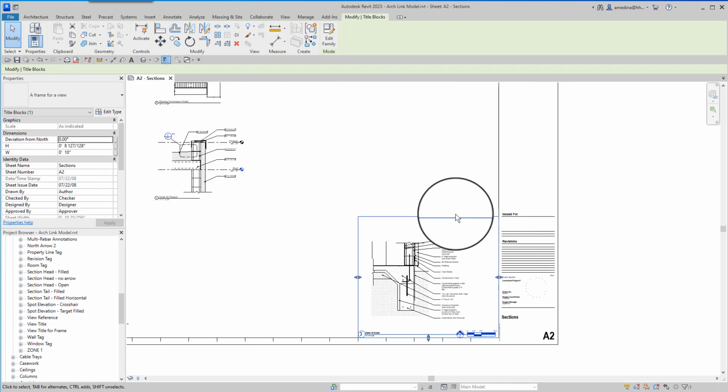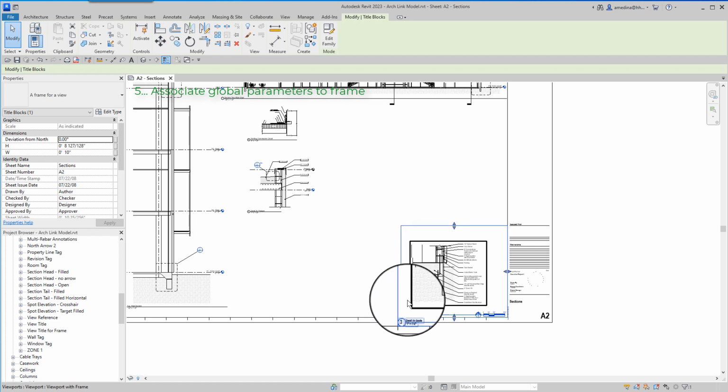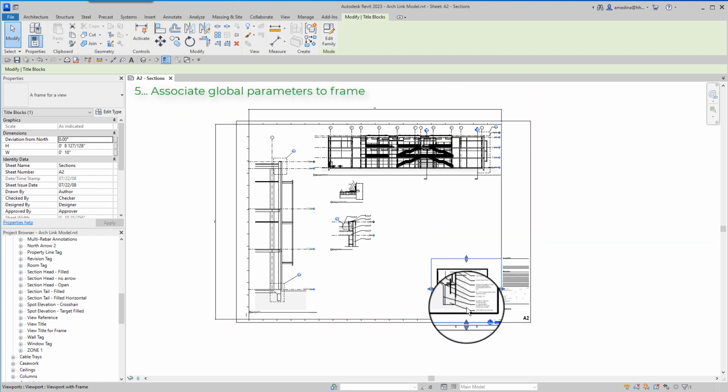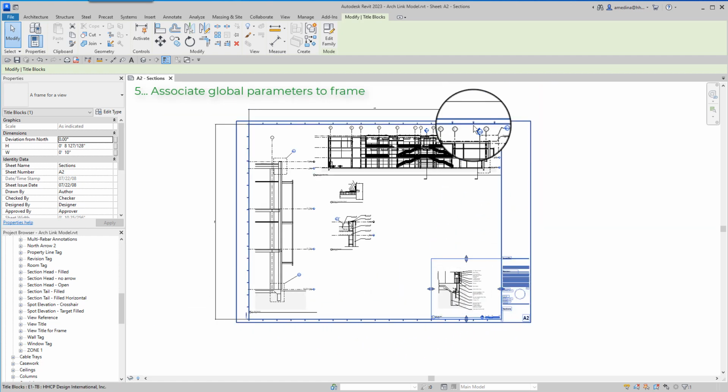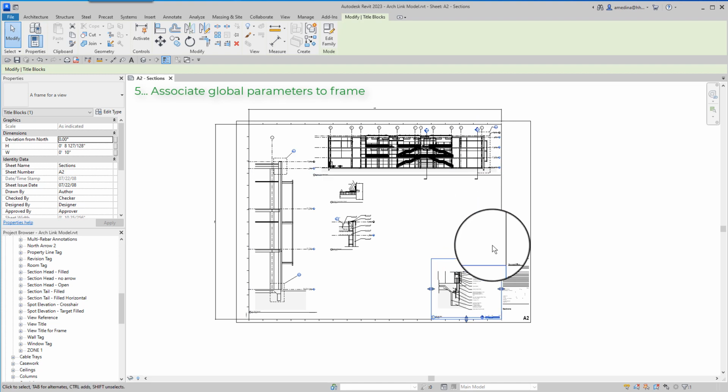For example, suppose that we want this frame to be 1/4 of the width and 1/3 of the height.